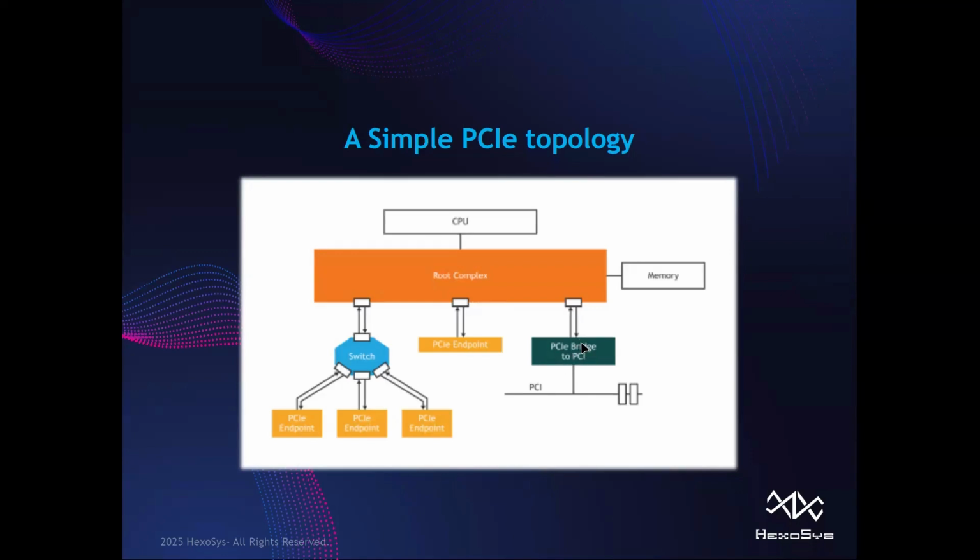And we also have the PCIe bridge. A PCIe bridge is almost the same as a PCI bridge. What it does is that it can provide a connection between the PCIe topology and older protocols like PCI, a parallel bus. Also, it can provide a bridge between PCIe and even different protocols like USB or Ethernet. And this is what the bridge can do in our topology.